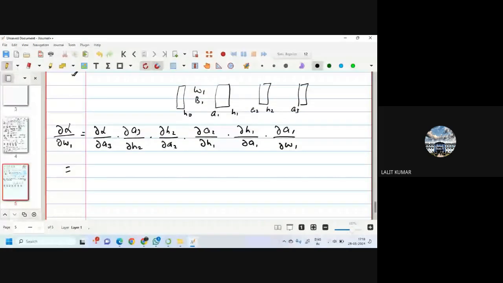Now we have to find O1 and V1. Now, the same way,